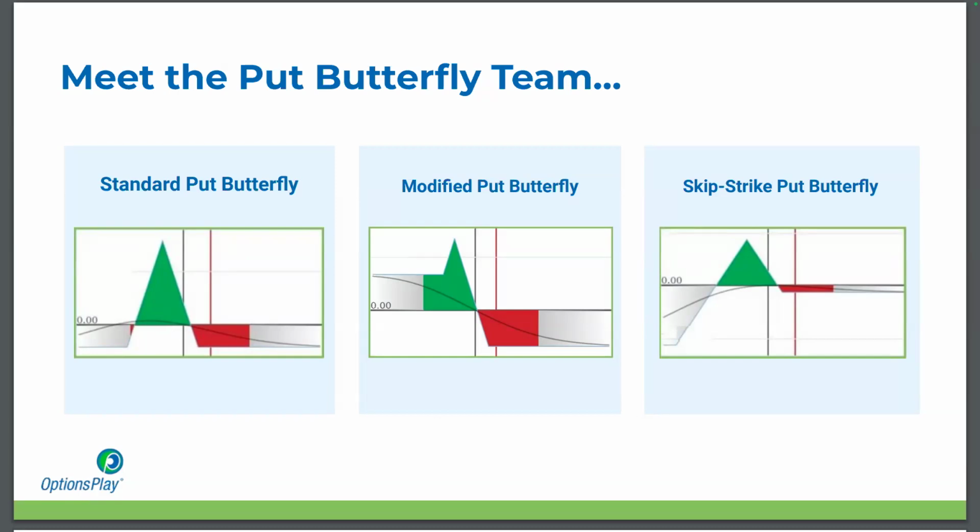All right, let's scroll down. When is a put butterfly most efficient? Well, I think I just covered that kind of, right? On high price underlyings, what you ideally want is something with some volatility and some predictability. And I know that's an oxymoron, but I feel that that is true about an SPX.